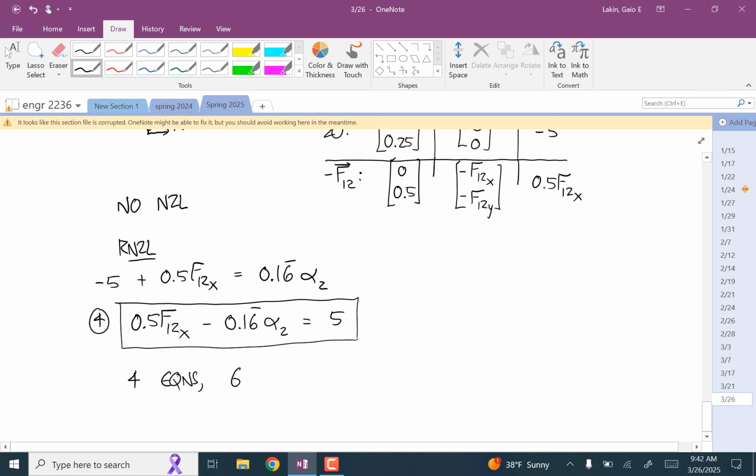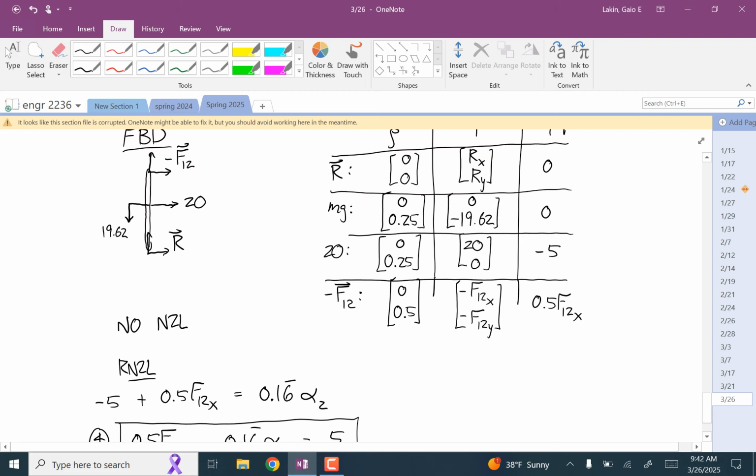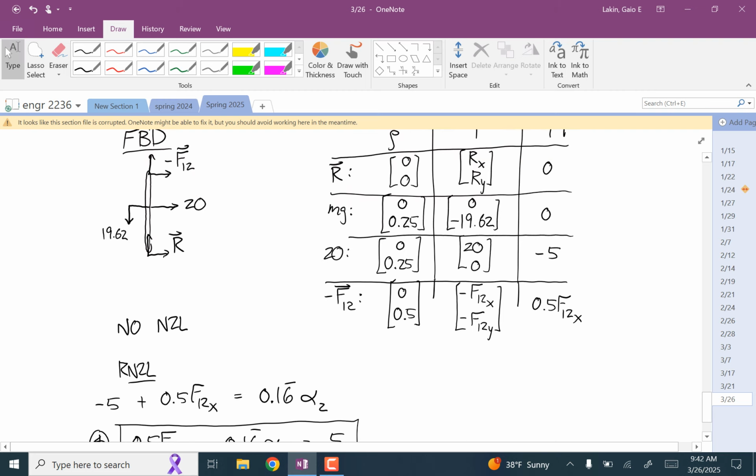So now we have 6 variables. And these are F12, A1, alpha 1, and alpha 2. I want to point out one thing. We would be thinking